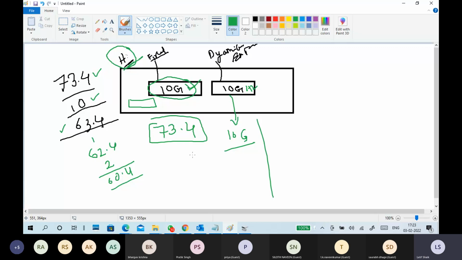So what happened after the download? It occupies the space. Your disk size is reduced. Free space is reduced or not? Yes, sir. The same thing will happen here. 10 GB is occupied when you create a fixed disk.